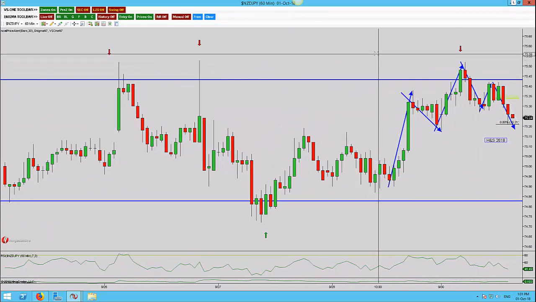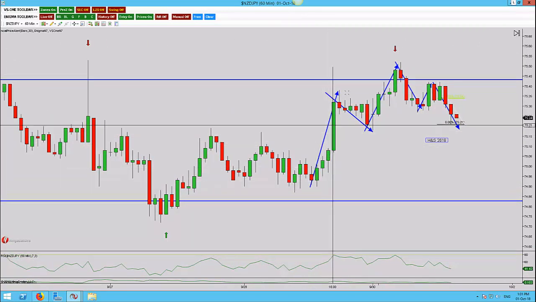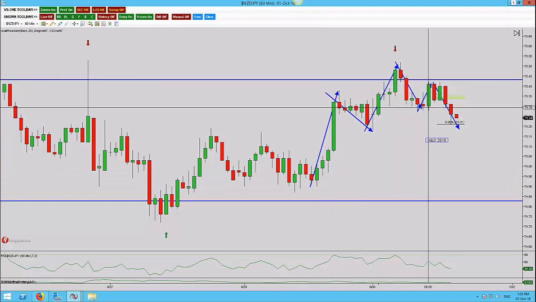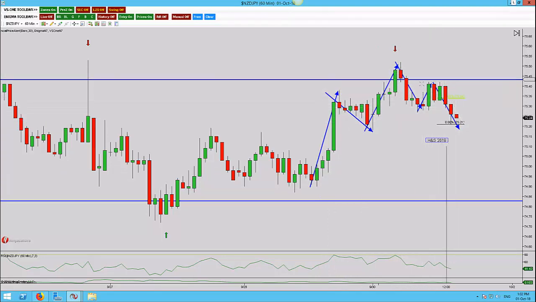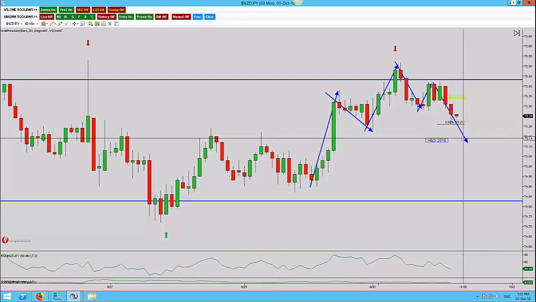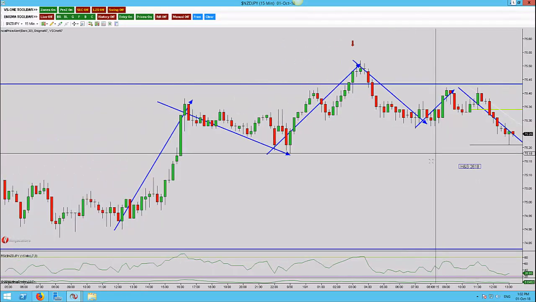Now here on the hourly, what you can actually see here is the rally up. So this is the potential left shoulder, this is the head, this is the potential right shoulder. The only thing we haven't had yet is we haven't actually broken below the outside return, which is this one. However, if we do drop down to the 15-minute time frame, what we did do on the right shoulder here